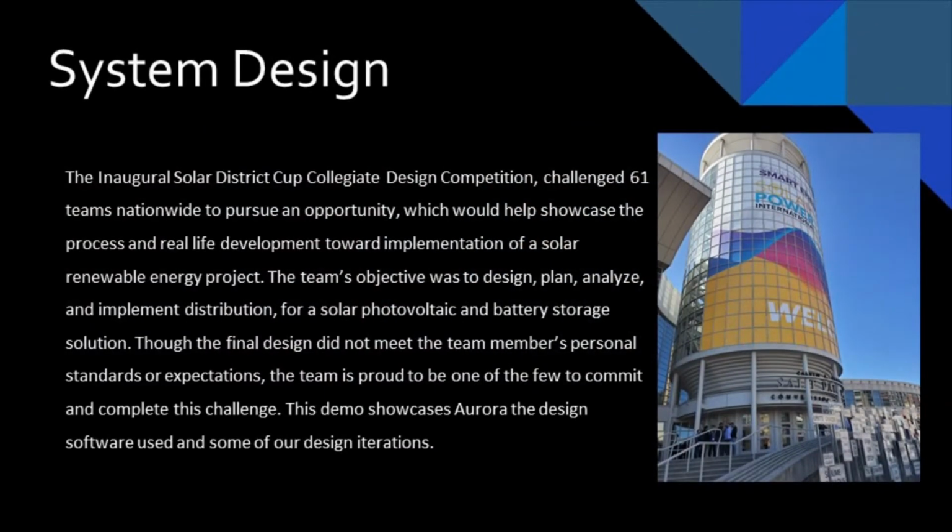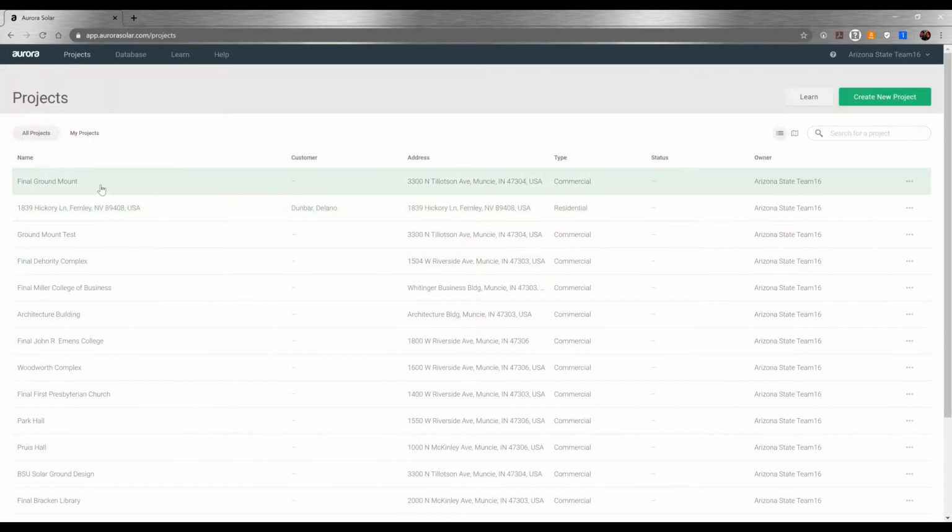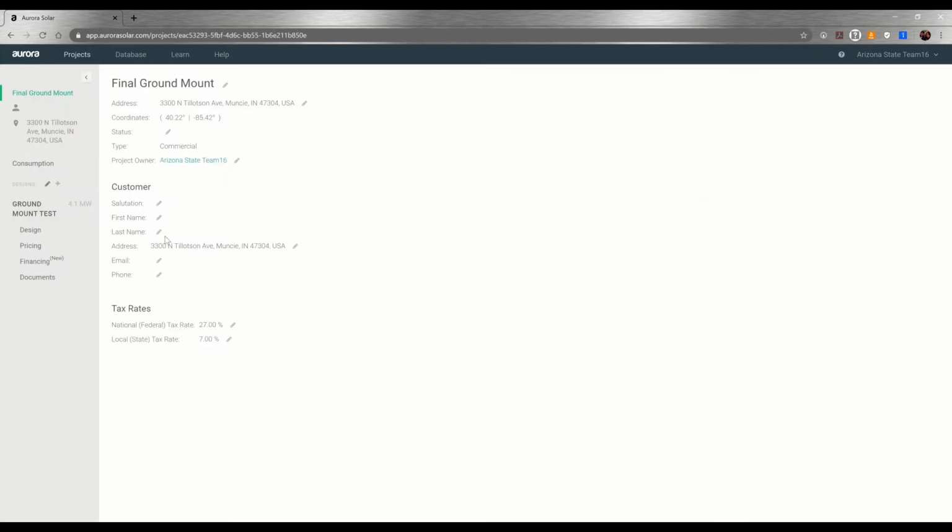For our capstone project, we participated in the inaugural Solar District Cup Collegiate Design competition. It basically allowed teams all across the nation to design, plan, and analyze solar solutions for different profiles and cases that they offered. Now, what we used for our design was the Aurora software, a really robust software that allowed us